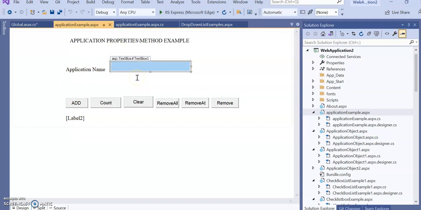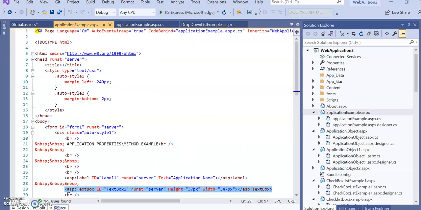Here you can add different application items with the add button, another is the count button for counting the number of items added for the application. Then you can clear from the cache, then remove all the items, remove add, you can remove from a particular index, and for remove you have to specify the name of that particular application item and you can remove it. Now let's go to the source part.